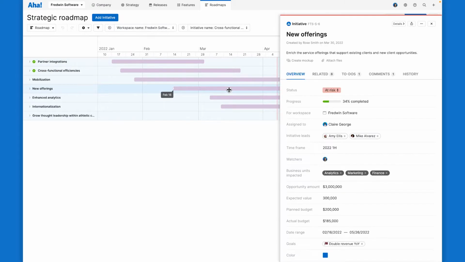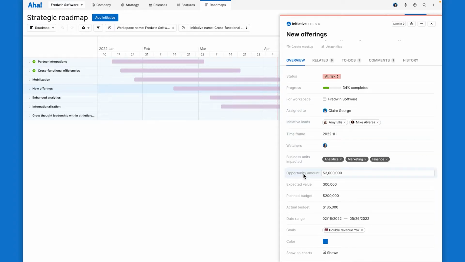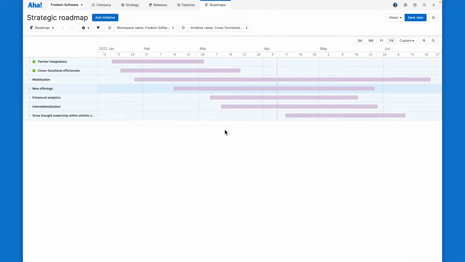They can open up any initiative they want more details on here, and then get answers to their questions, such as what is the budget or which business units will be impacted. And these are all custom fields that we've set up for our initiatives. And while you're in this view, it's also easy to adjust the dates by dragging these bars. So now that we've built the right roadmap for our audience, our first step, let's move on to customizing it,